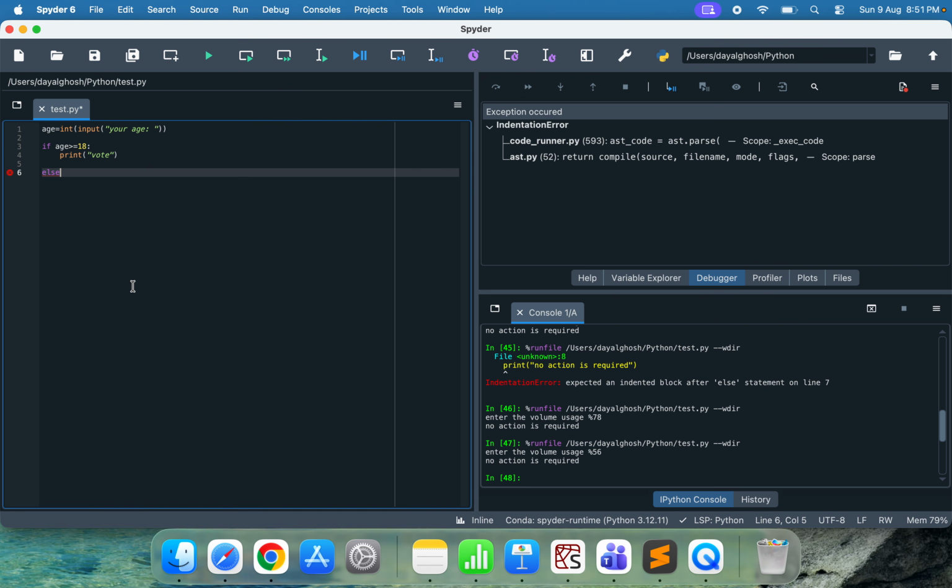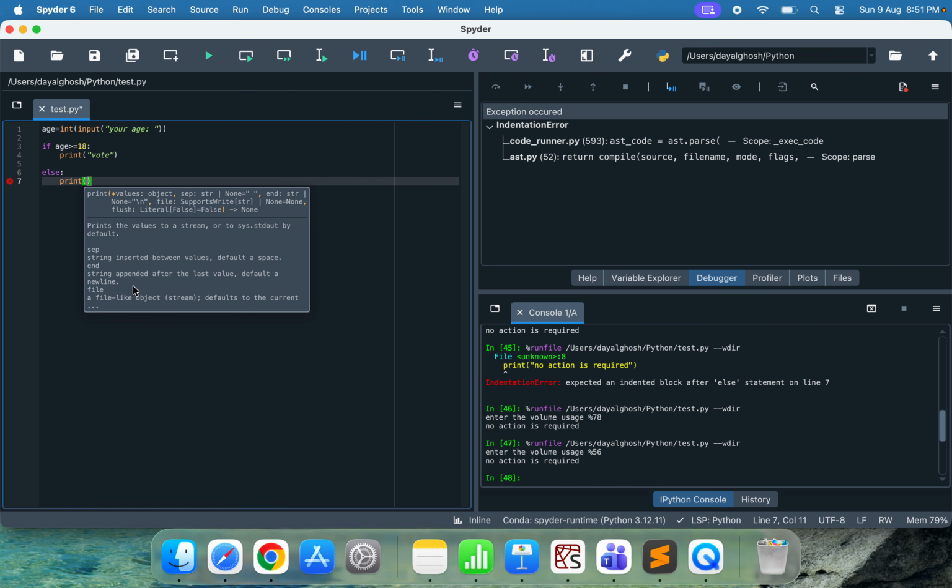else print no vote, something like this. Okay,